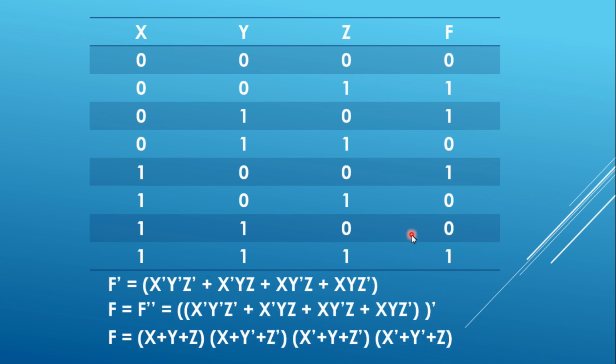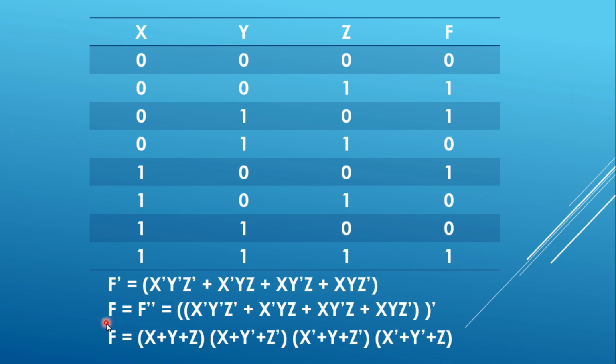Now when you are asked to combine the zeros, that means it is the complement of the function, because the function is represented by the terms for which it is true. So if you are combining those terms for which it is 0, it is the complement of the function, so it is actually f bar. So here f bar is equal to, now I have considered those terms for which it is 0, so that is x bar y bar z bar, then x bar y z, then the third one is x y bar z, and the fourth one is x y z bar. Combined with an OR, of course. So this is the complement of the function.